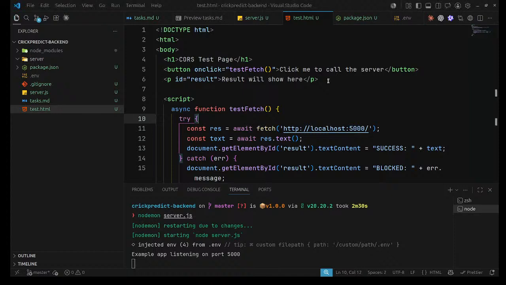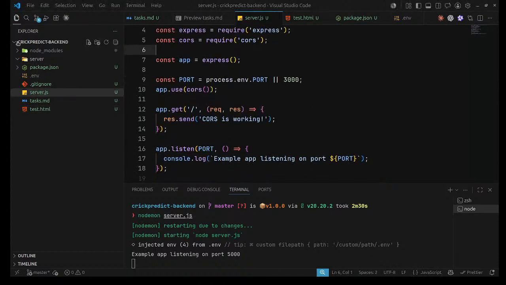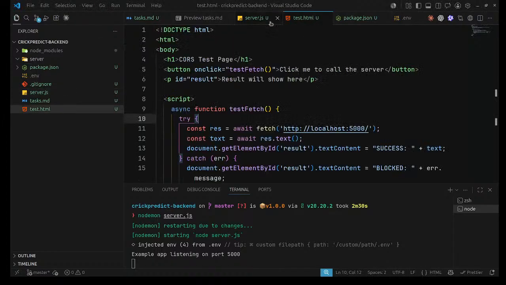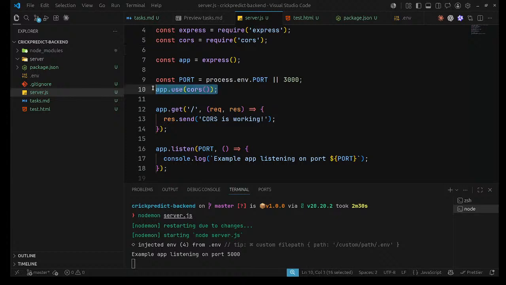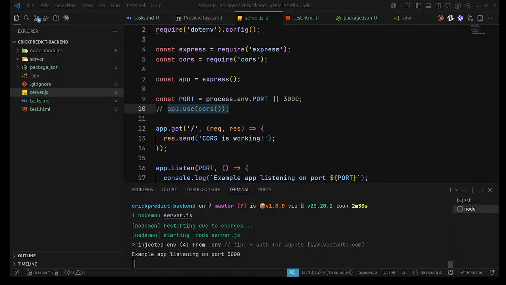I think, let's comment that. I think it still doesn't change, but it has to change.